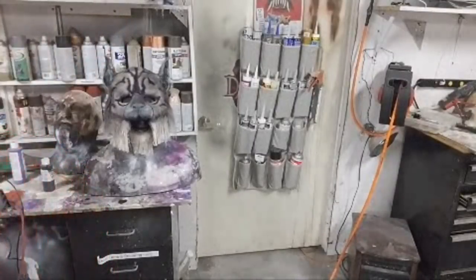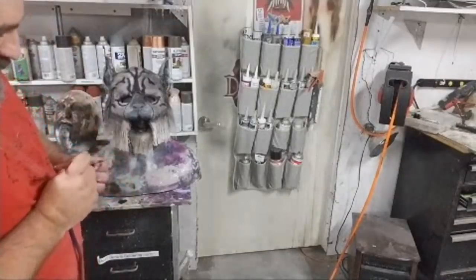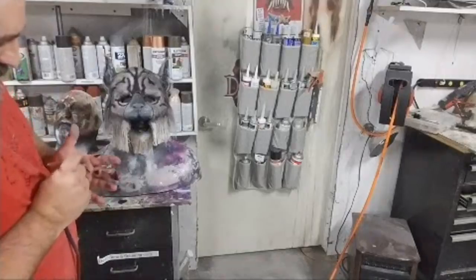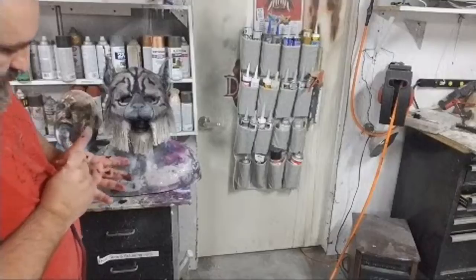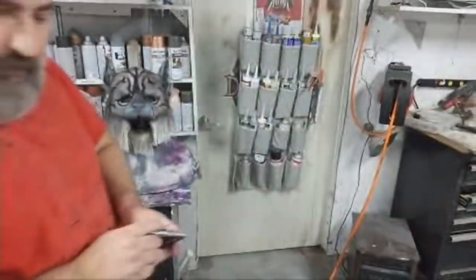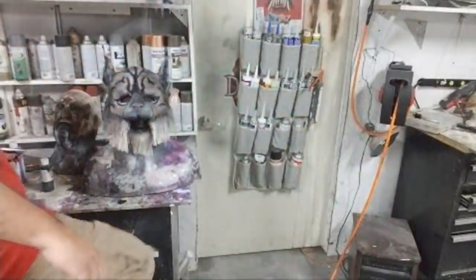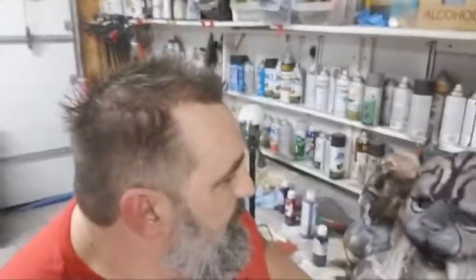I now should get this to like pinhole precision. For a single action airbrush, see those little dots? That's pretty good. People talk all the time about how you can't get that with a single action airbrush. They painted the Predator, they painted the Velociraptors from Jurassic Park. I think if you couldn't get precision, then Steve Lane would get